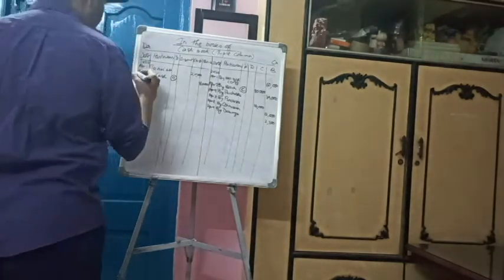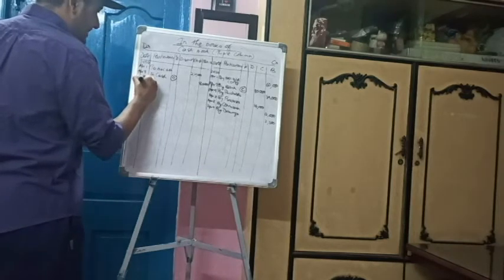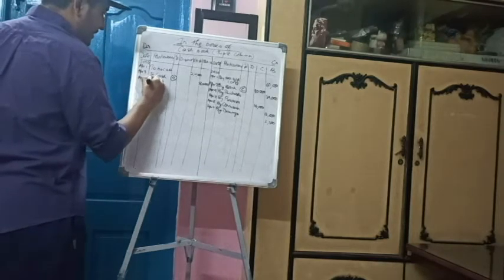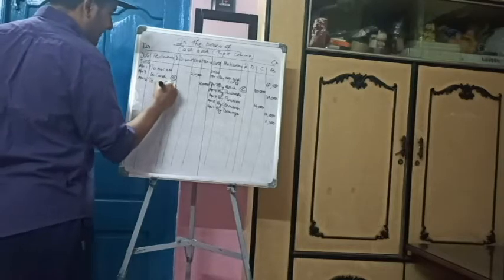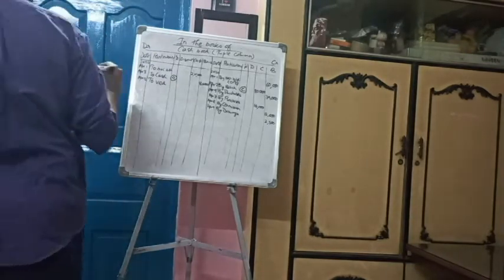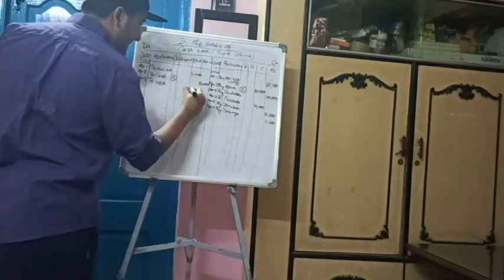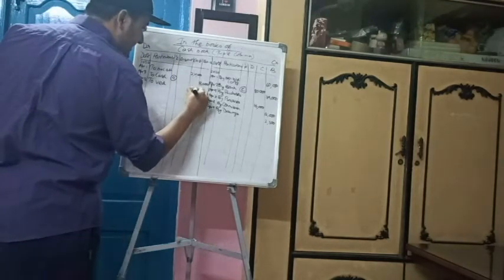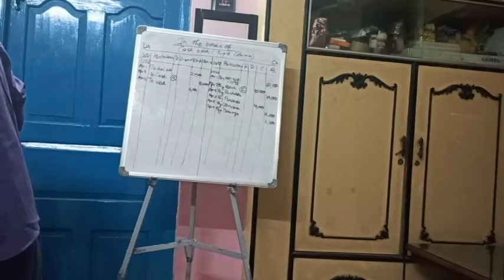So when we receive, what do we do? This is receipt side. Date is April 12. And who is the payer? Payer is Ved. So we have received from Ved rupees 6,000 in full settlement of his amount. That means we have received cash 6,000. There is an additional information given. Half of the amount was deposited into the bank on the same day.